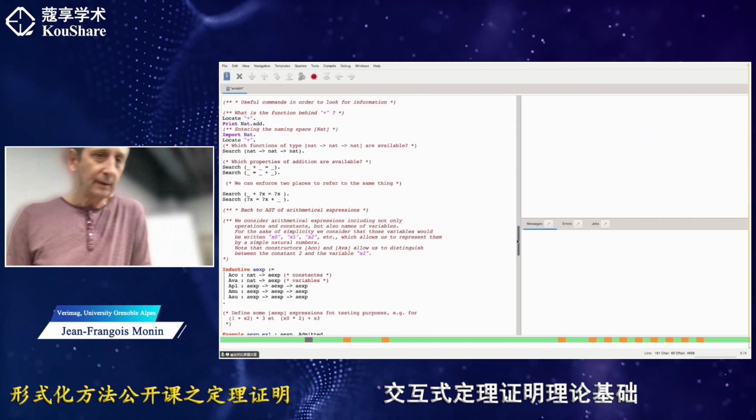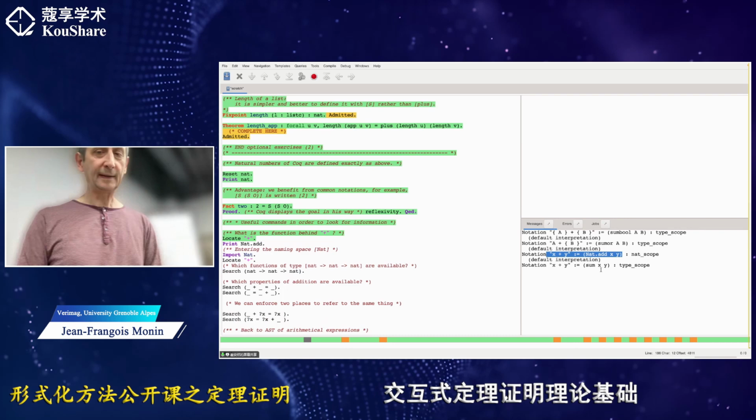Coq may recognize that you are actually adding types. So this is not the same notion. This is a choice between two types, whereas this is just the usual addition of natural numbers. Okay, so the important point is that here you have this notation which is available, and then you can do